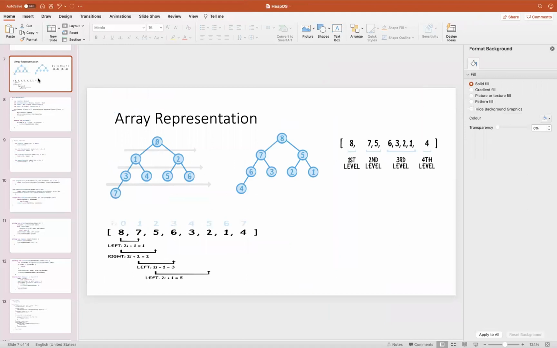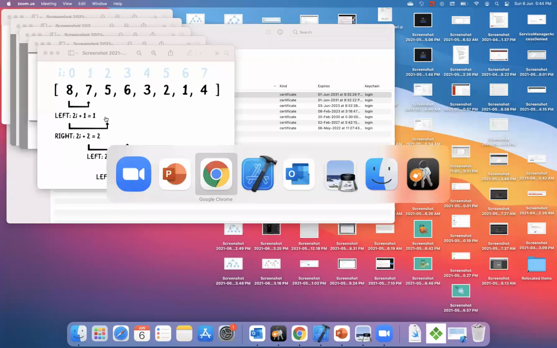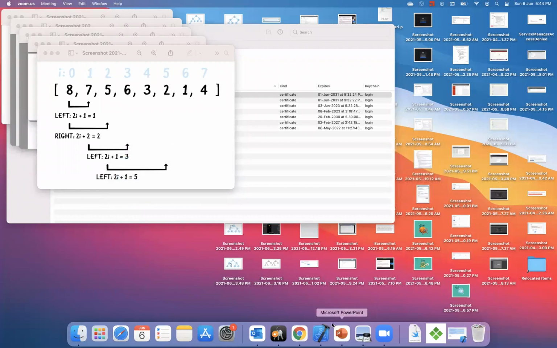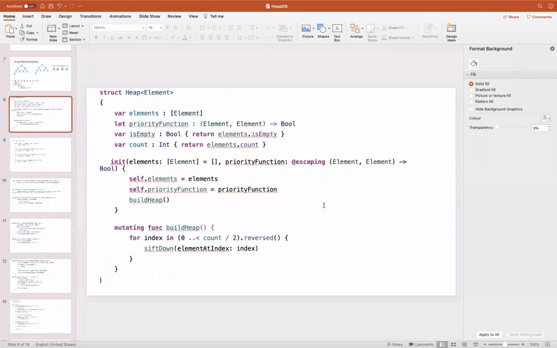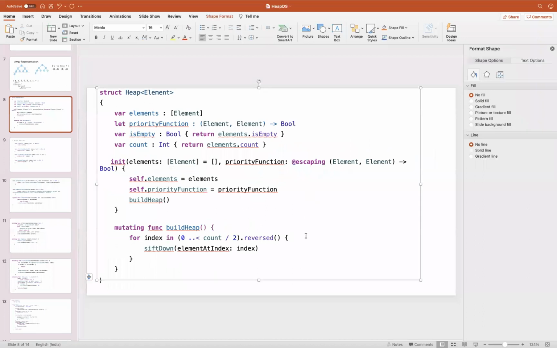Let's take an example, this one only: 8, 7, 5, 6, 3, 2, 9, something like that. The count will be 1, 2, 3, 4, 5, 6, 7. 7 is the count.